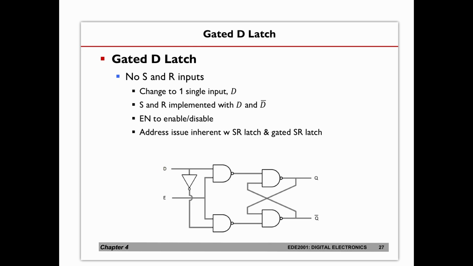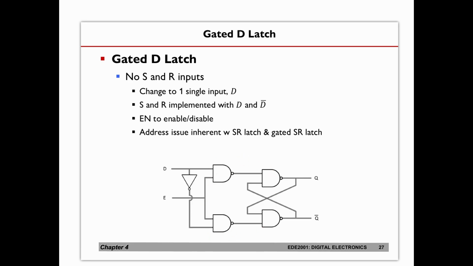If you look at this latch, it is called a gated D latch. So it's called a gated D latch. There are no set and reset inputs. There is only one single input D. You can see that when D goes to the NAND gate, D bar will go to the second NAND gate. Basically, what happens here is that you are trying to implement the set and reset with the D and D bar. The enable again is to enable the latch, whether to enable it or whether to disable